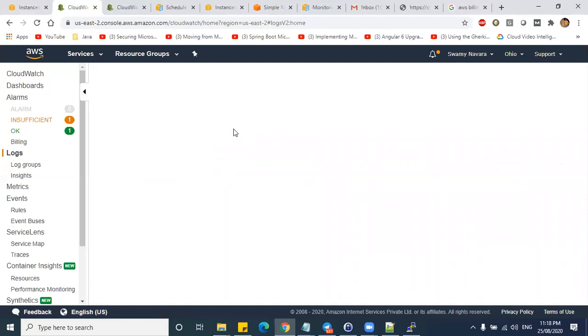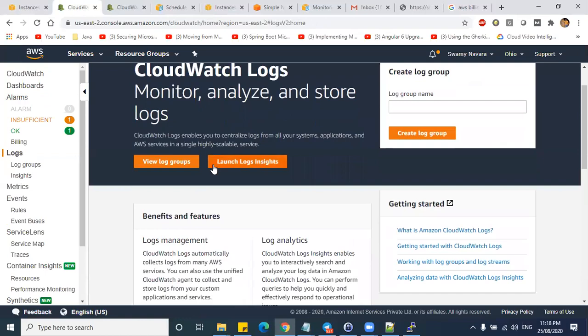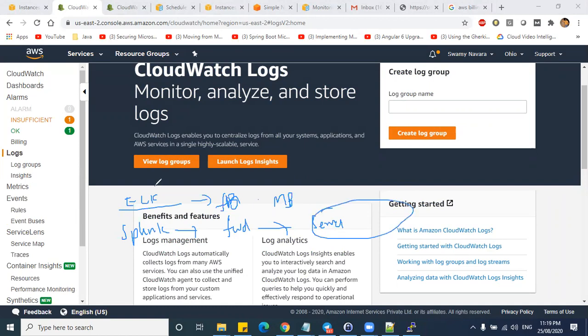But for application specific logs, for example, if we are running an application in a Tomcat server, and you want to monitor those application logs, then you need to specifically modify your application log groups. Here we are using tools like Elastic Logstash Kibana, an open source tool where you use Filebeat and Metricbeat. Similarly, we have the Splunk tool. You have a Splunk forwarder, which you install in the EC2 machine, and a Splunk server to receive the logs. Splunk server is nothing but CloudWatch here.